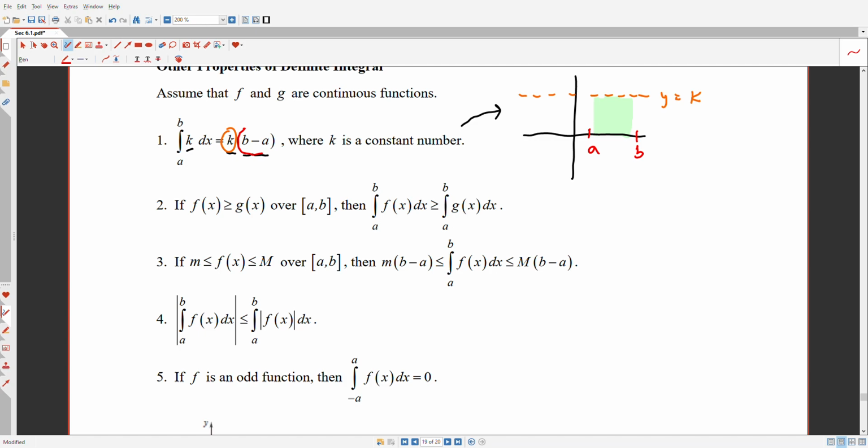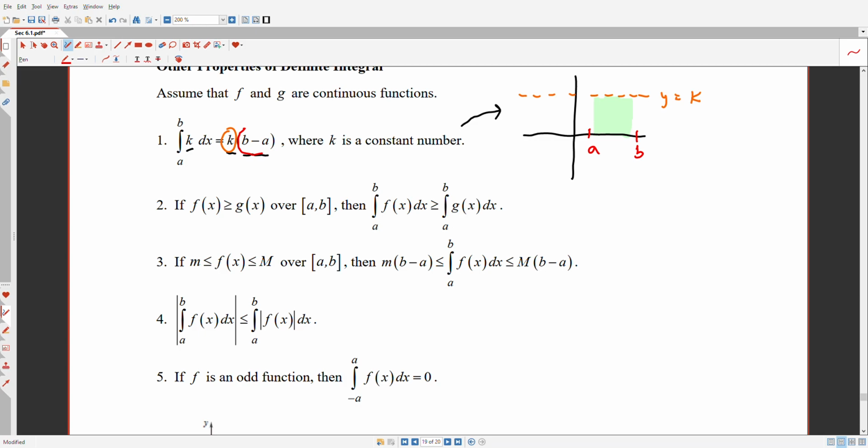Right? If k is that orange line, but it's presented down below, then this is still going to work. It'll just be a negative height. So it'll be a rectangle with height negative k, or k, whatever negative number it is, times that width, b minus a. These other properties that follow, properties 2 and 3 in particular, are telling us something that's really not